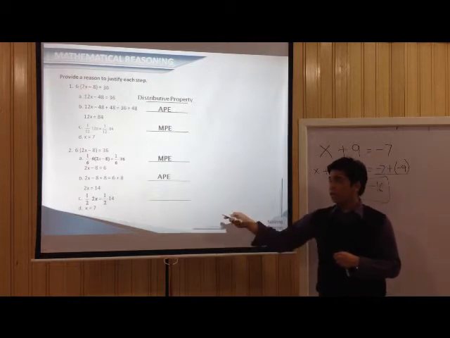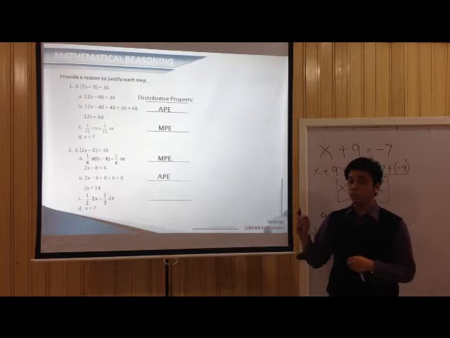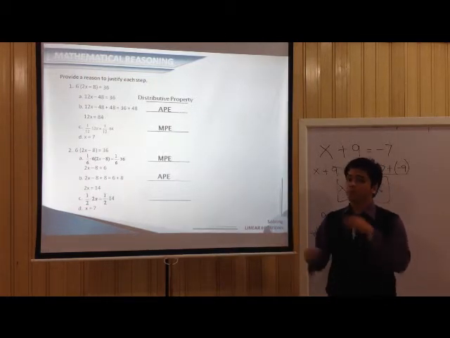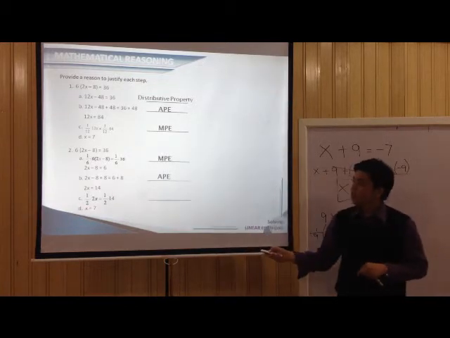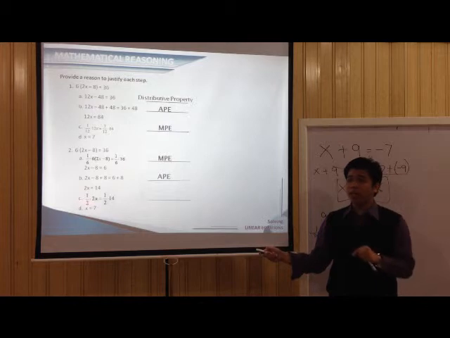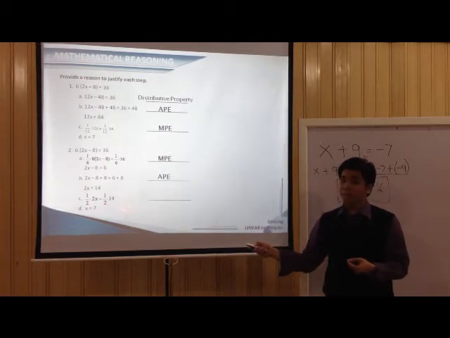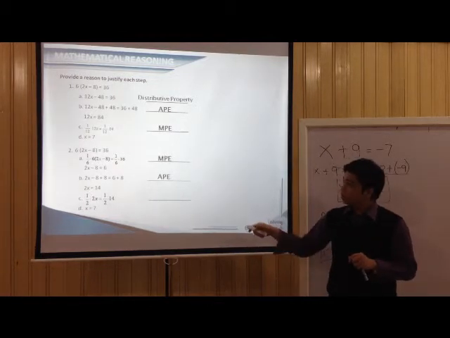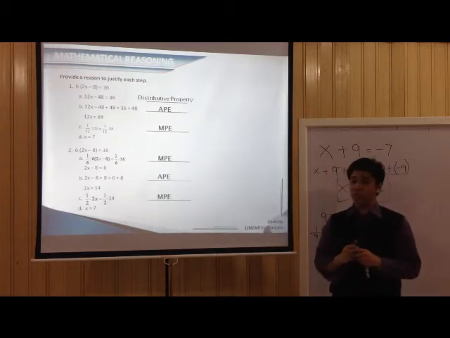Okay? This is not yet your final answer because we still have to get rid of that 2. Now how do we get rid of that 2? We just multiply it by 1/2, the reciprocal of 2. If I multiply 1/2 on the left side, I should do it on the right side as well. So 1/2 multiplied by 2 will cancel out, so we will be left with x. And 1/2 multiplied by 14, okay, obviously half of 14 is 7. This is applying what we call the multiplication property of equality, or MPE.